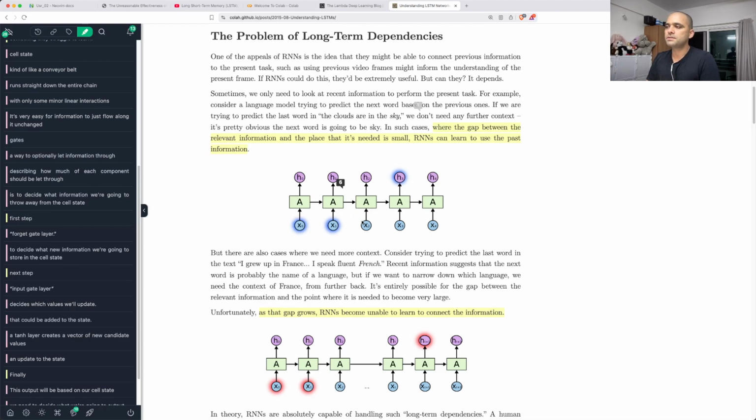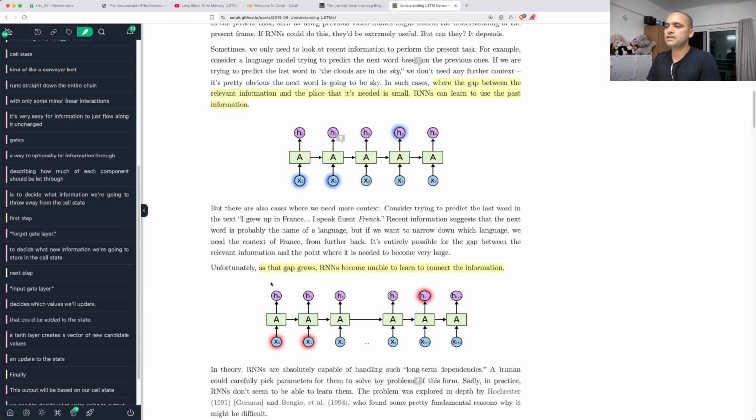But in problem statements where the context length gets very large, let's say we are talking at this time step, the hidden state would have no clue of what has happened, what letters occurred at this time step, if the difference is very large between these two time steps. If that gap increases, RNNs become tough to learn that connection between two distant time steps,